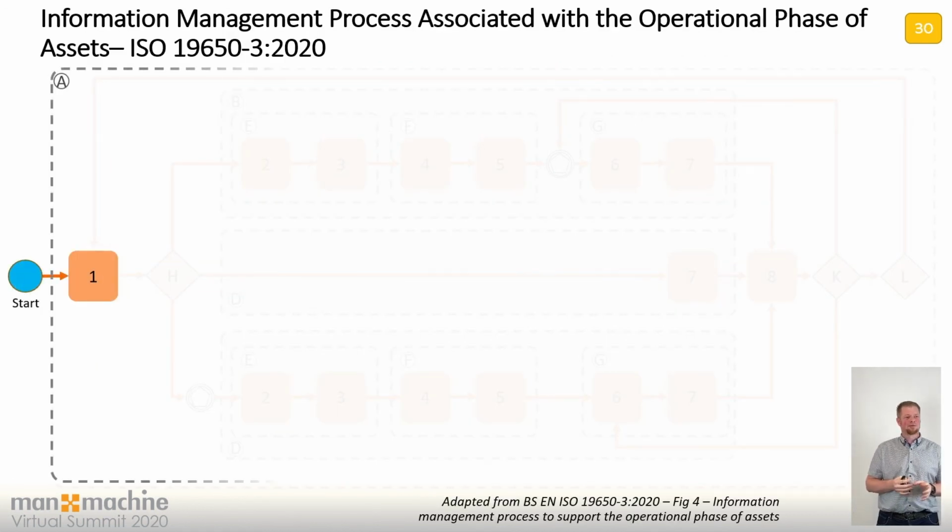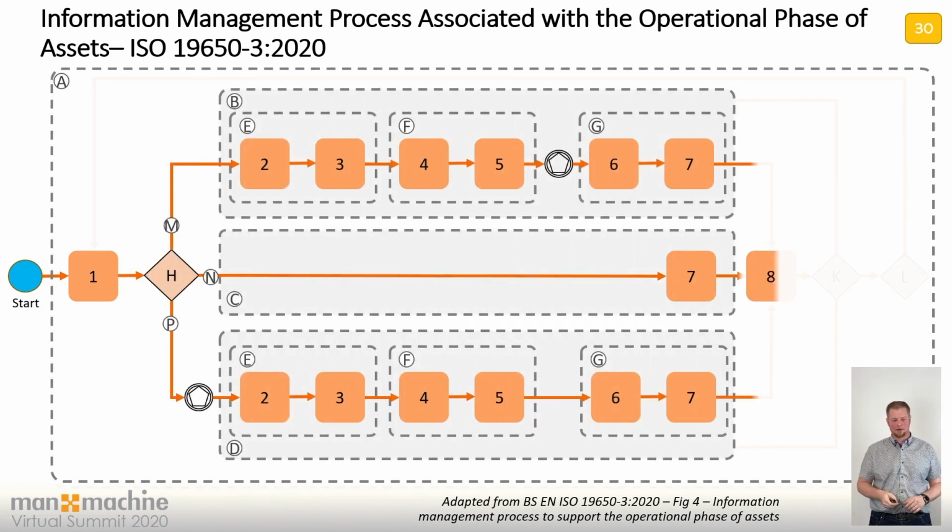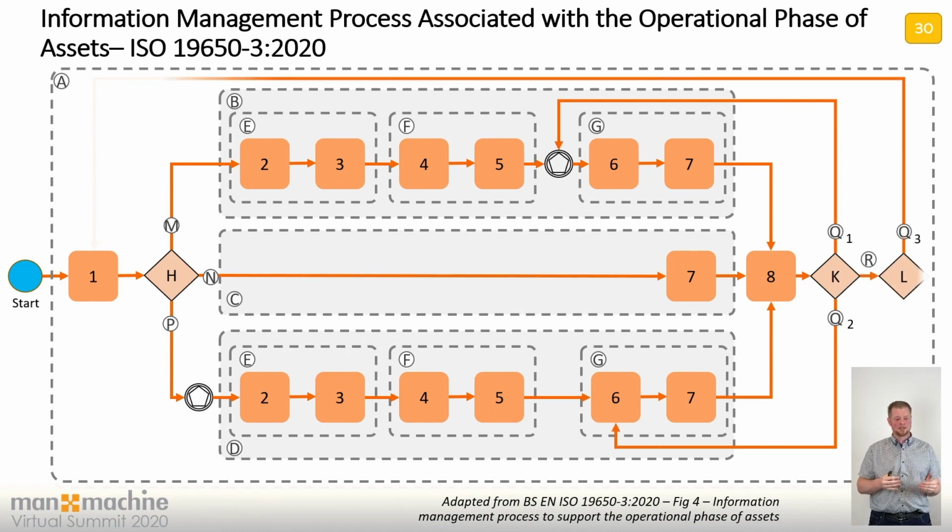So now we have a nice big diagram. This is just going to build in the background as we talk over it. And here we can see our three pathway streams. So we have our pathway streams B, C, and D in here. And these diagrams have been developed in very much the same way as the one that's in Part 2. But there's a lot more questions and results to consider moving through the different phases of asset information production and